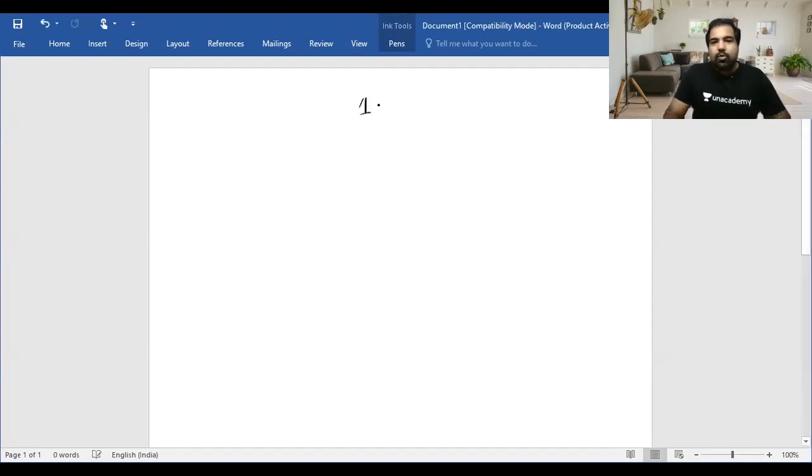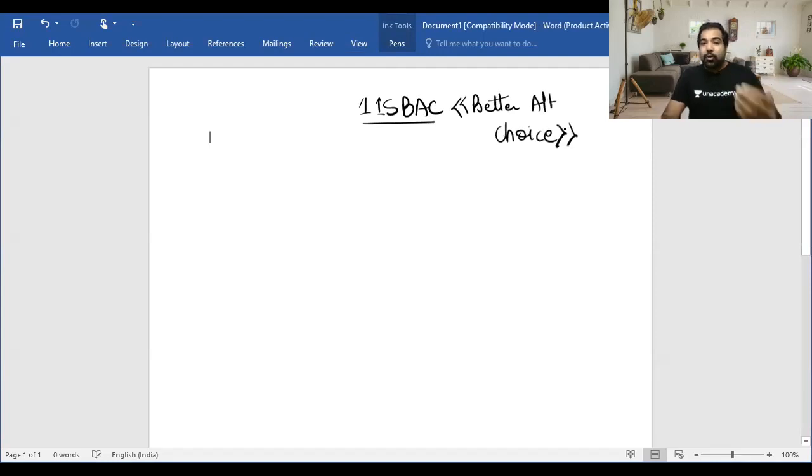This section is section 115 BAC. I have a shortcut to remember this. It's a Better Alternative Choice. That means, guys, as the name suggests, it's a choice. It's not compulsory, but in the exam, if they say Mr. X has done this, and in the end, if they say that he has opted for 115 BAC, you have no option but to solve it for this. But let me tell you why this was introduced first.